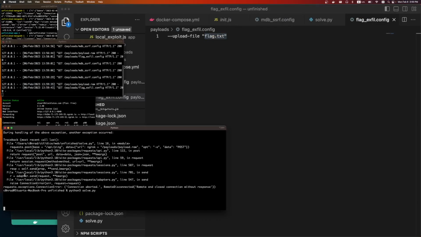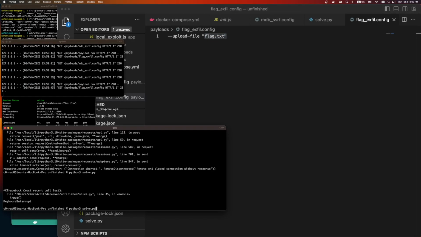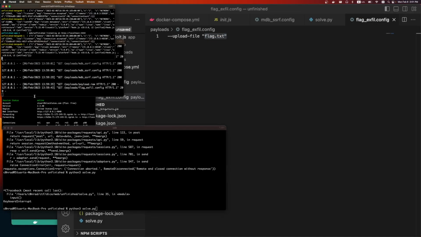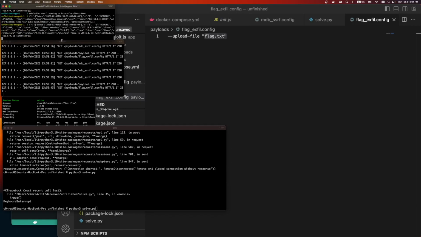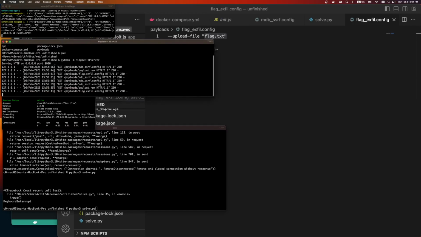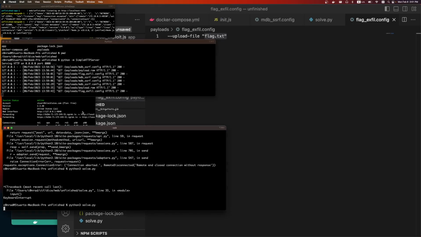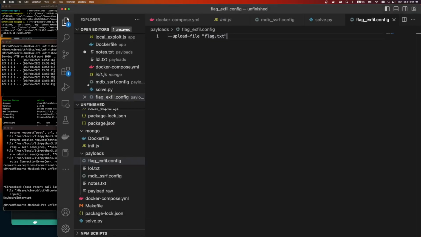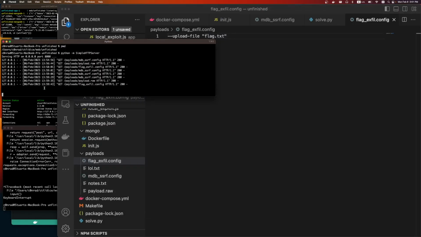Anyways, let's run it. So we're going to do python solve. So now this shouldn't matter anymore. This is the Docker container local, but we should be able to see it grab the files off of our ngrok. So we're going to run it. The first file it's going to grab is